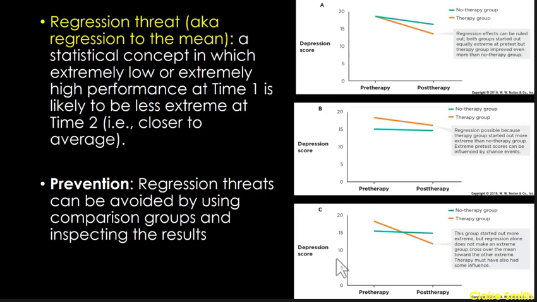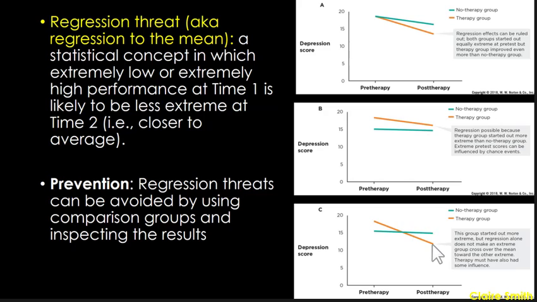Okay, and then in C here, we have again, the therapy group has an extreme score to start. No therapy group doesn't. But since there's such a significant change in the therapy group's depression and it goes below where our no therapy group is,